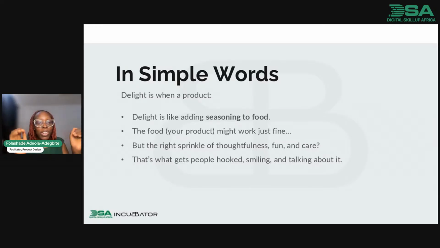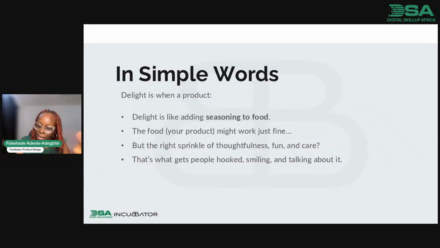So in simple words, delight is like adding seasoning to food. You are cooking food, and you added seasoning, or extra salt, right? You've done your jollof rice, but imagine you did not have Maggi and salt. It's looking so yummy, but you forgot to add Maggi and salt.